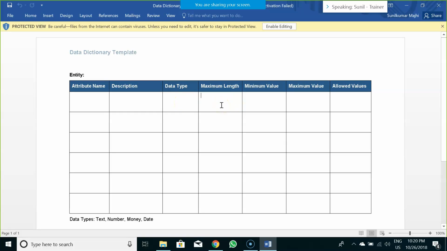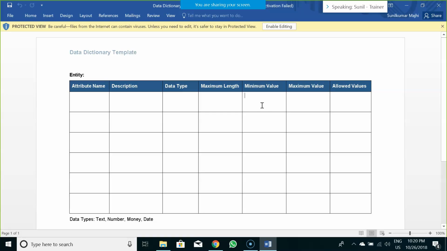What is the maximum length? It could be 50 characters. What's the minimum length, if there is any, like a minimum of 10 characters? Then what is the minimum value? Not applicable when you are entering the first name or last name. There won't be any maximum value as such. You can use it in some monetary field, for example, when you are working on a loan approval system.